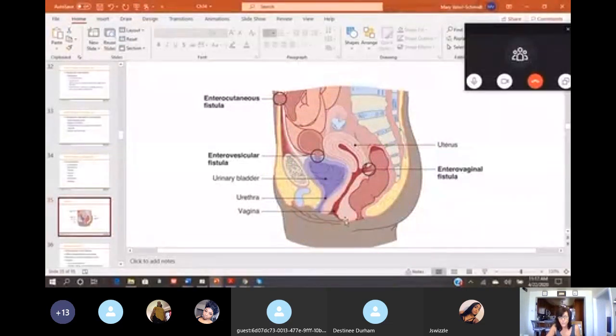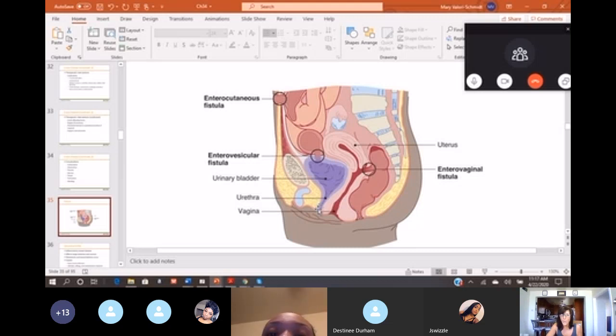And here you can see, you know, from the front, like this is the urinary bladder right here, okay? Here's the woman's uterus right here. Here is the descending colon and the rectum leading to the anus. This is the vagina. This is the urethra, okay? With Crohn's disease, when fistulas start to occur, as the erosion